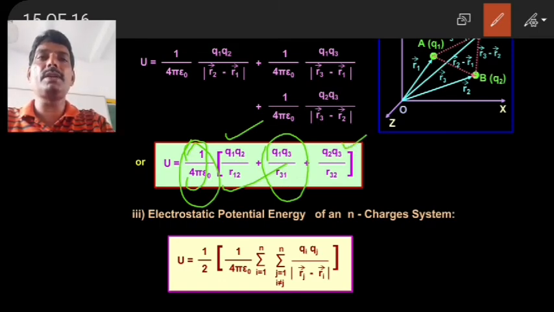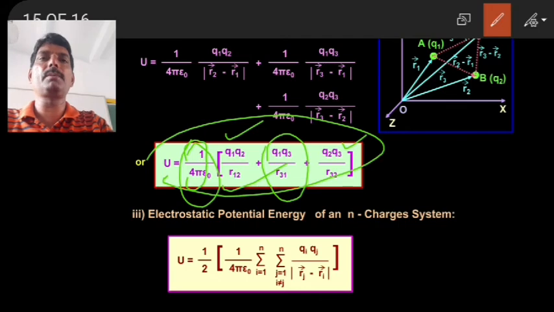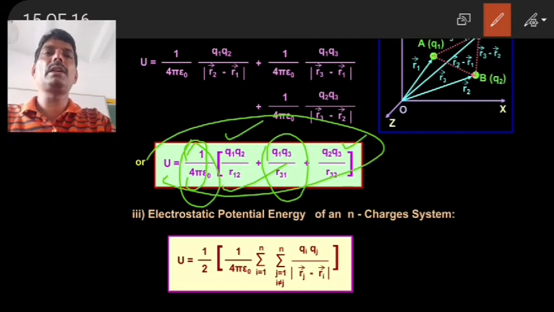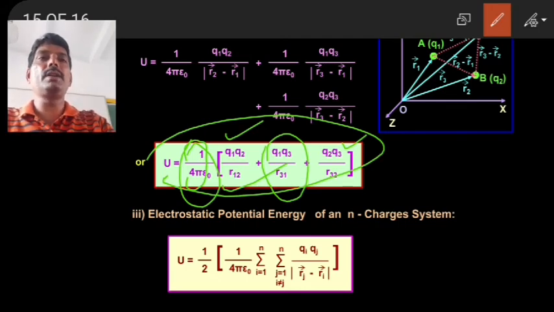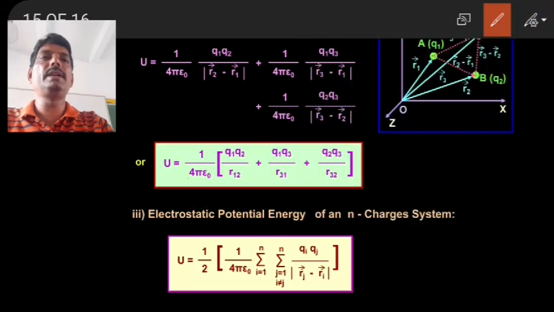Similarly, you will get the potential at point q3 at a distance of r23. That means due to the q2 charge, you will get 1 upon 4 pi epsilon naught q2 q3 upon r32, and the sum of all of this gives the total potential. So that is nothing but the total electric potential due to the 3 charges.